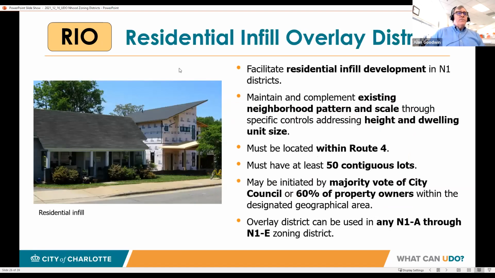There are several details. I'm glancing at the questions that are coming into chat about the specifics of that. You can find those in Article 14. There's obviously more detail in the UDO. Just for time's sake, I don't think we've got the time to really go into the details of that, but if we have time later, maybe we can talk about that.